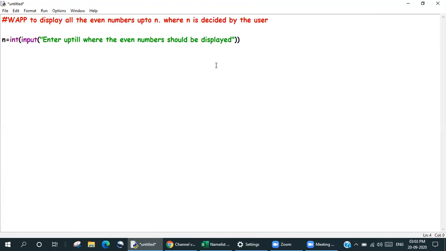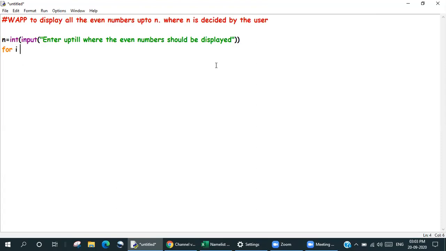Okay, now after doing that, I'm going to say we have to display not all the even numbers. Okay, right now we are displaying all the even numbers. Okay, fine. So I'm going to say a for loop, or you can even take a while loop, whichever one you are comfortable in. I'm going to take a for loop.